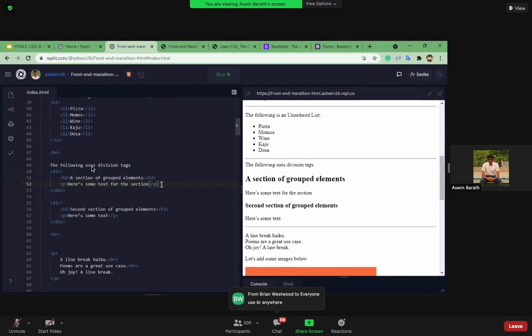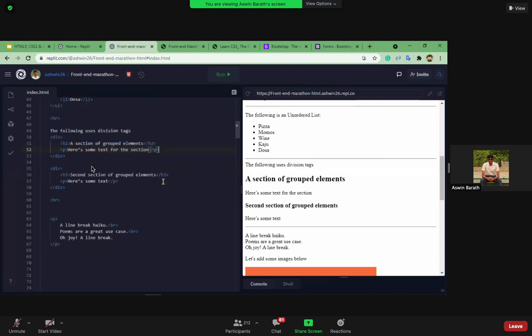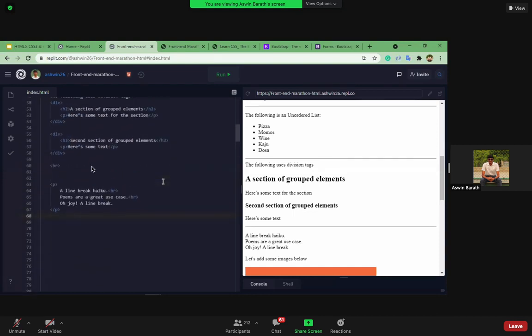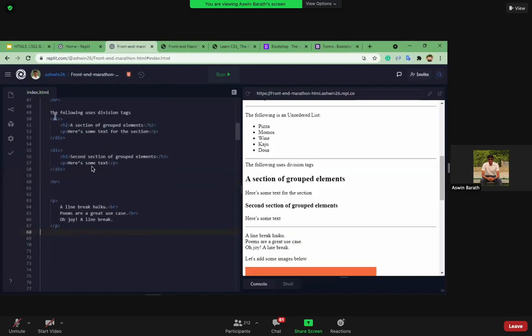Whenever you want to apply stylistic features for this set of elements, since we are going to discuss CSS as well, we use this division tag so that we can wrap all of them into a single container. Okay, did you get it? Is it clear now? Division tag.